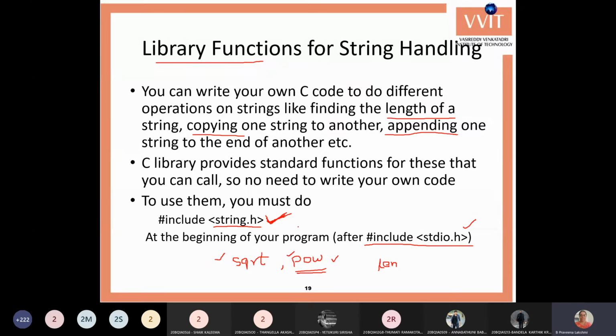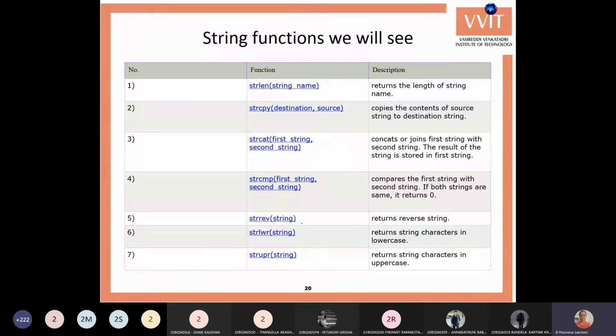Next, note down the list of the functions that are available in the string.h header file. The first function is strlen. This function takes one argument, the string variable: strlen of your string variable.